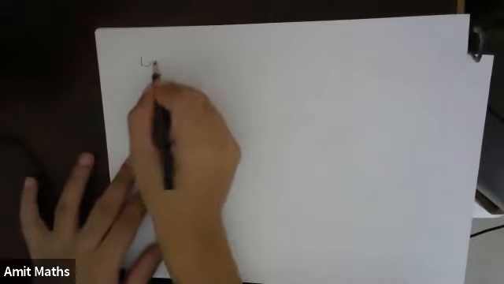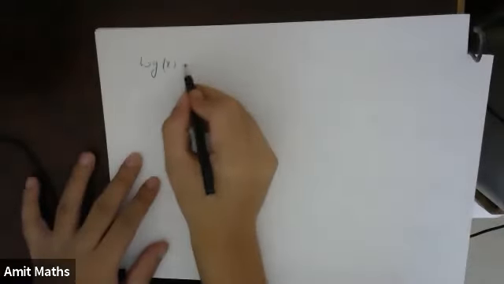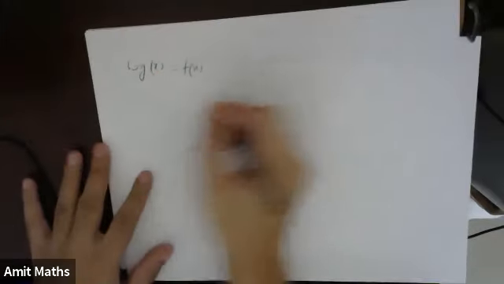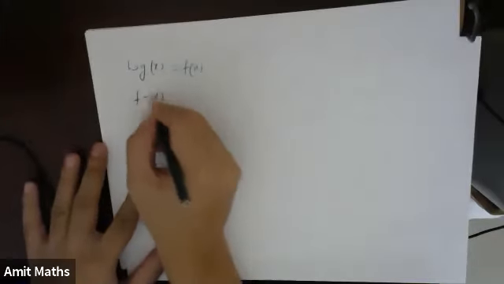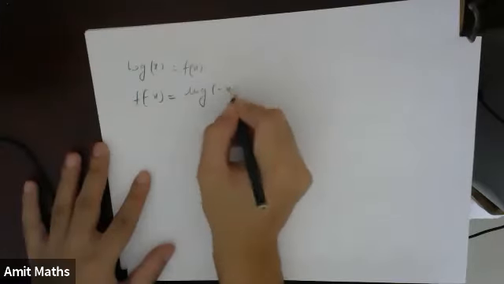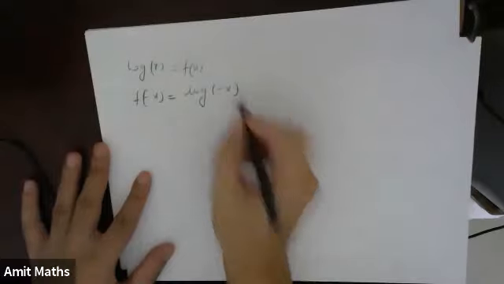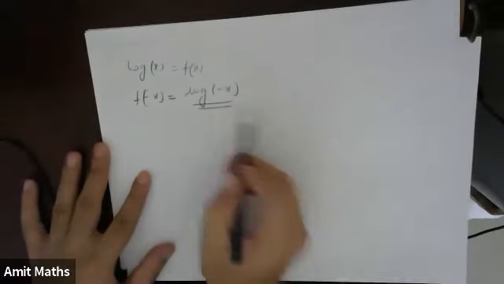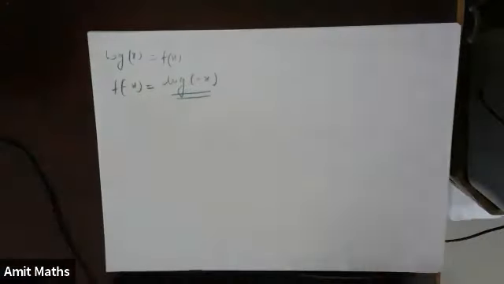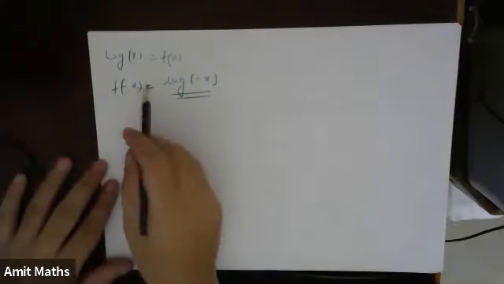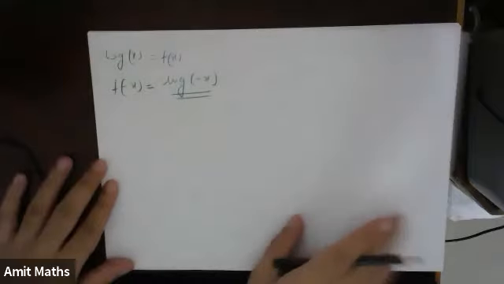Log itself is not an odd function because suppose you have log of x. This is f of x. This is defined for positive x. Now if I substitute f of minus x, this will be log of minus x. Understood? So this part won't be defined. So for some functions like this we cannot say that it is an even function or odd function.